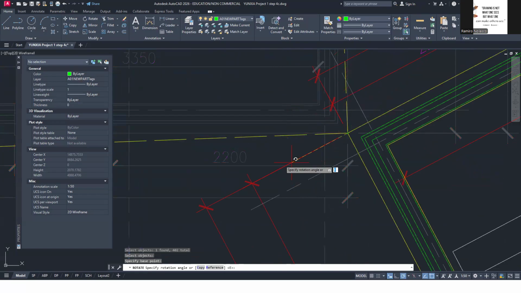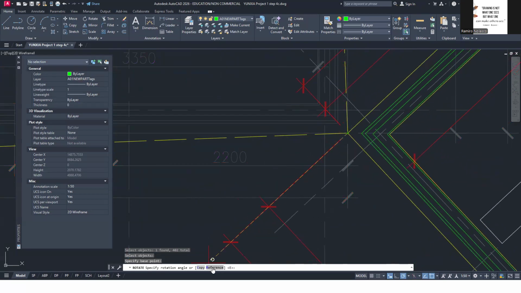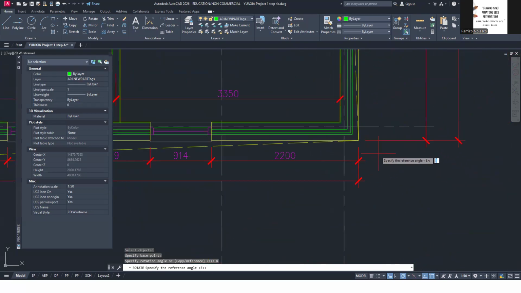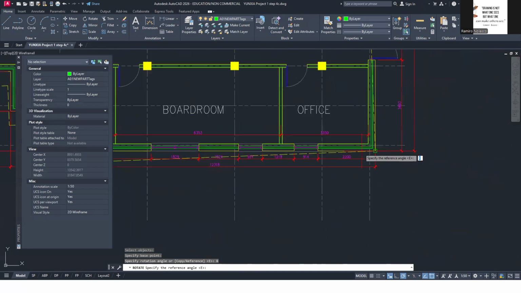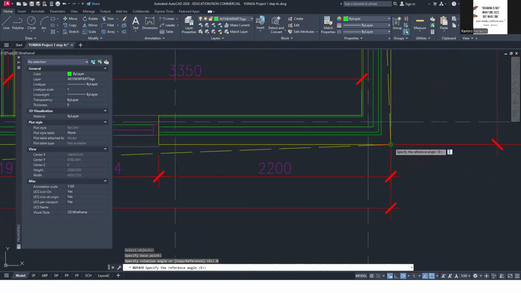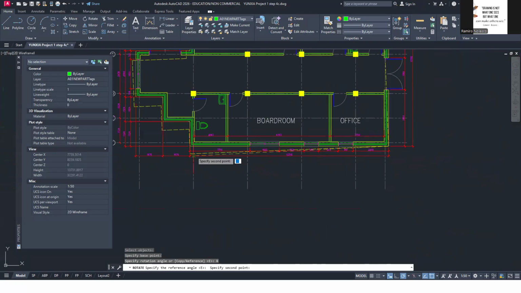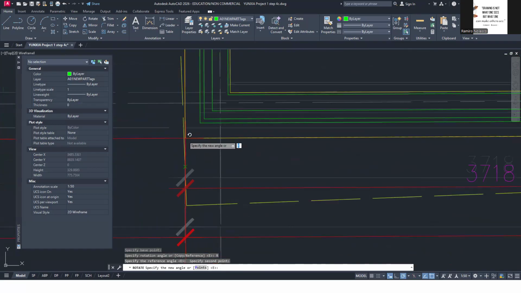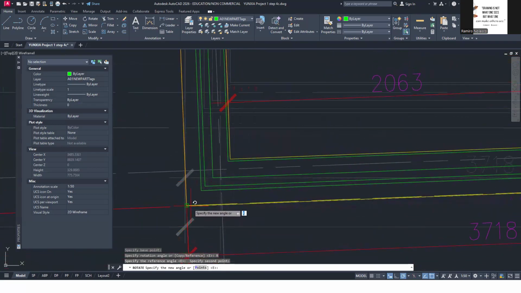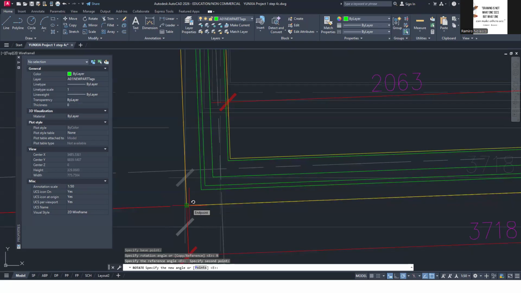And then to rotate, I'm going to say reference. The reference will be the current building alignment. So from here to, let's say, right there, endpoint. And then I'll rotate it along this perimeter.